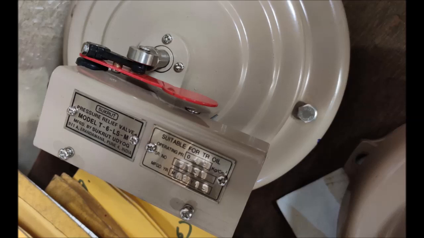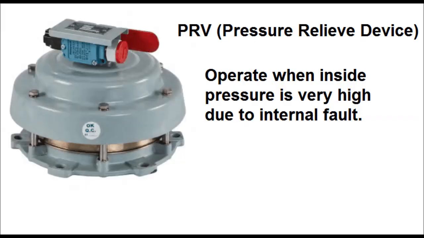Now PRD means pressure relief device. When the internal pressure of the main tank of the transformer reaches an excessive level, then from this device the excess pressure will be released. This is nothing but a spring loaded valve. In the valve a pin is connected with this spring, and when due to internal pressure the spring operates in the upward direction, this pin will